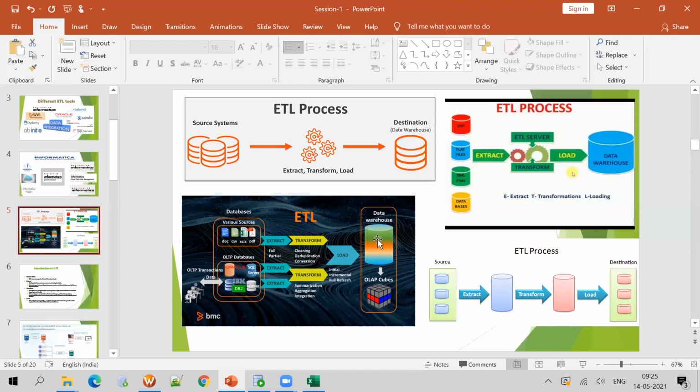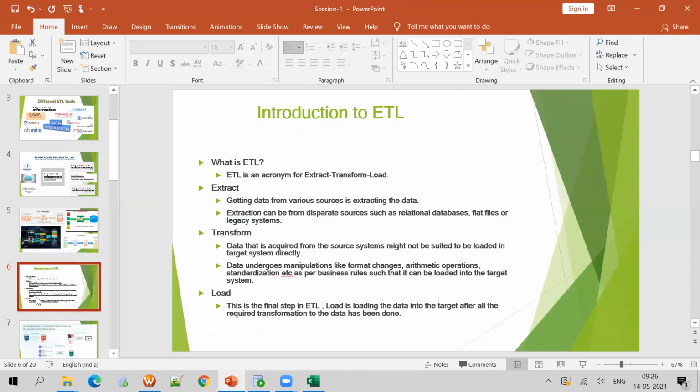As an ETL developer, our work is to pull the data from a database or any file or anything from the source, transform the data, and load it to the data warehouse. Until here, our job is done. After the data warehouse, there will be reporting tools. The reporting tools pull the reports from the database, and OLAP cubes also pull the data from the data warehouse, but we don't require these as of now. We require only the source. Pull from the source system, transform, and load to the target system. Only this is what we will do.